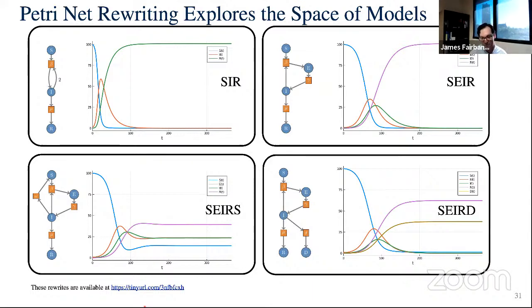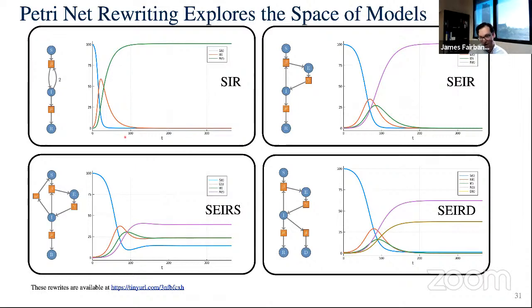I want to build scientific computing platforms, and the CT abstractions give us a good basis for tool building. Graph rewriting lets us do something that I think of as model space exploration, where I want to take a model like the SIR model, which is almost 100 years old, a model of pandemics or epidemics. And so you just have three states: susceptible, infected, or recovered. And you have two rates, the infection rate and the recovery rate, and that fully characterizes the dynamics, and the dynamics look like this.